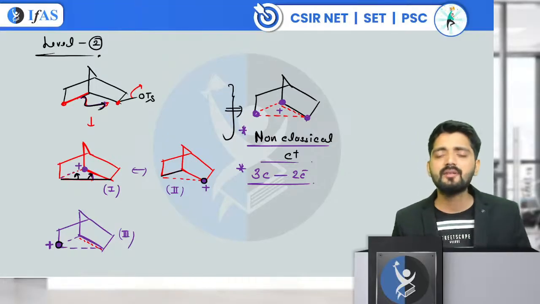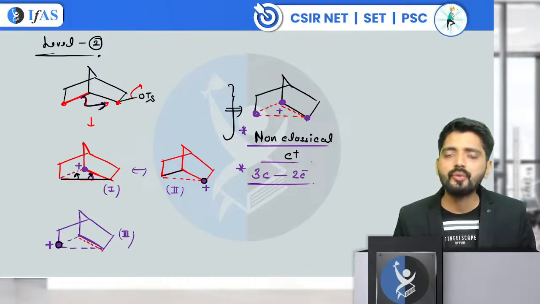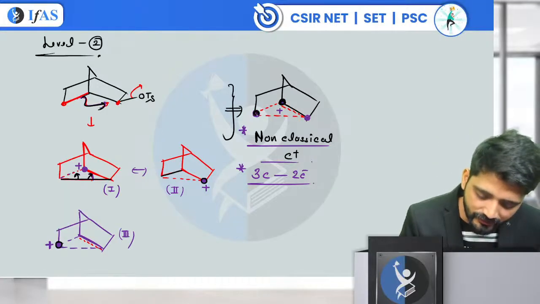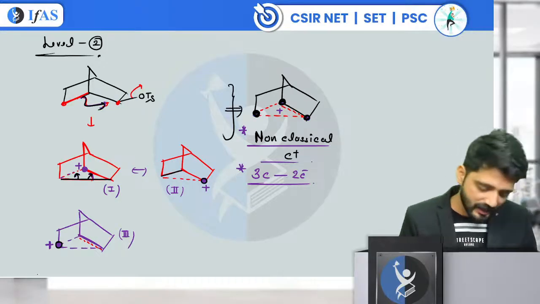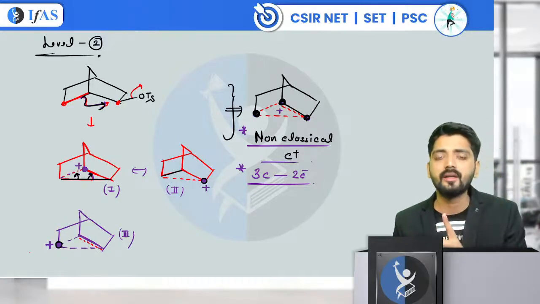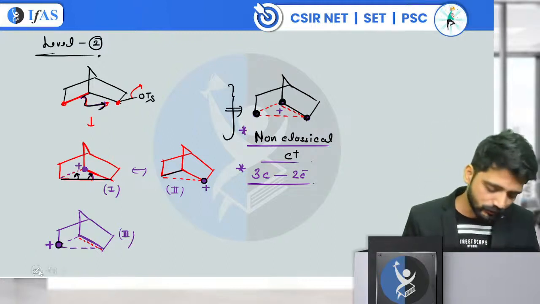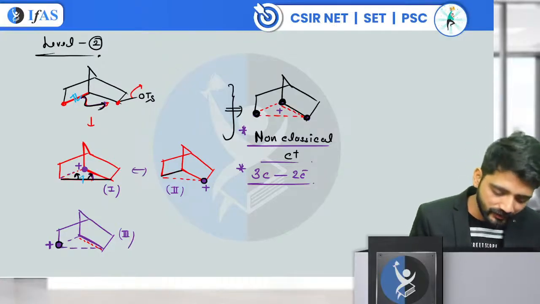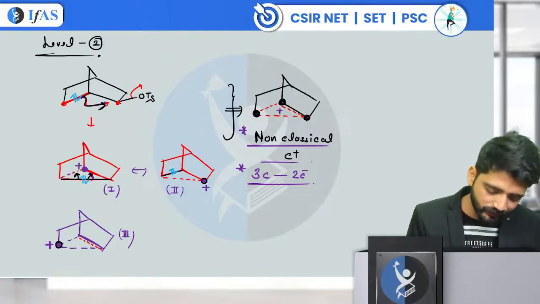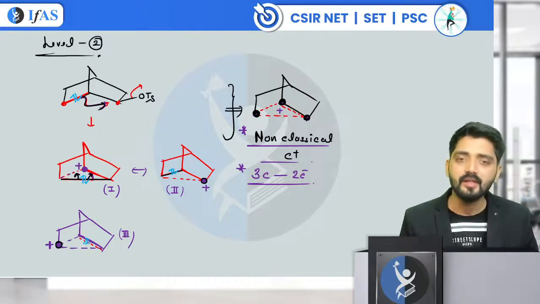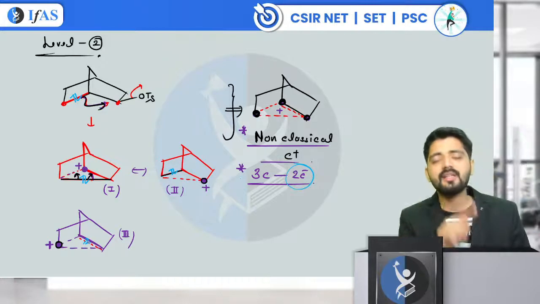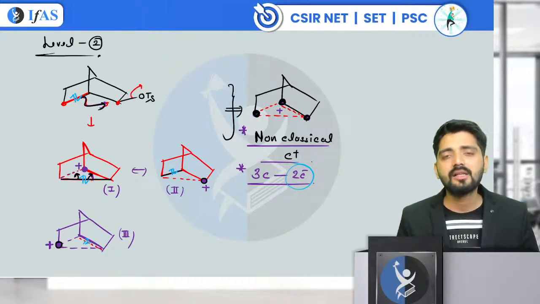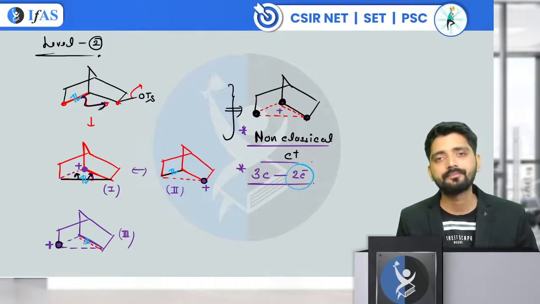You need to take help of this three centered two electron system. How to imagine these three centers? See, you have these three centers which I am drawing in black, on which the carbocation is delocalized, and there are only two electrons roaming between these three centers. I will show you that these two electrons are present in this sigma bond. Sometimes they are present here, sometimes they go here, and sometimes they go here. So these are the two electrons which are roaming in these three centers. So it makes it clear that yes, the non-classical carbocation has been formed. Now,